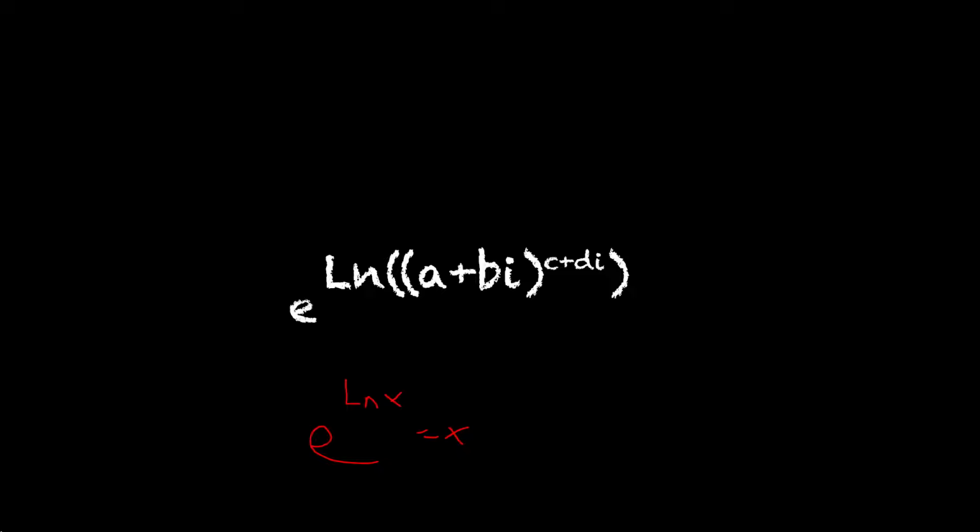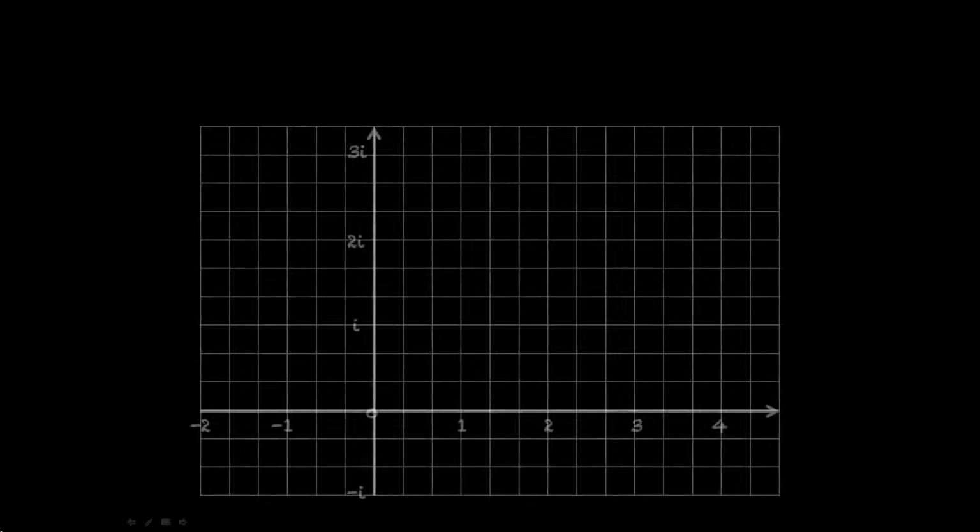The good thing about doing it this way is that with logs, and natural log especially, you can bring out the power, so we can take out the c plus di there, and then if we just ignore that, we're now faced with this problem: the natural log of a plus bi. In order to solve this, we need to remember